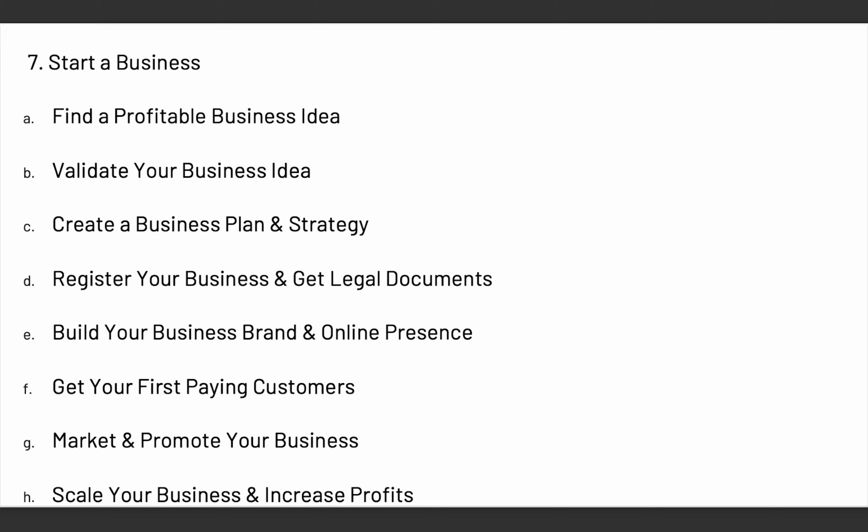So just to go over the different ways to make active income, the first one is to get a job. The second one is to learn a skill. The third one is to sell something. The fourth one is through content creation. And then the fifth one is through online education and coaching. The sixth one is by offering services. And the seventh one is to start a business. These are 7 different ways you can get active income in today's world. And if you follow all of the steps I've mentioned for each one, you can make so much money from them.